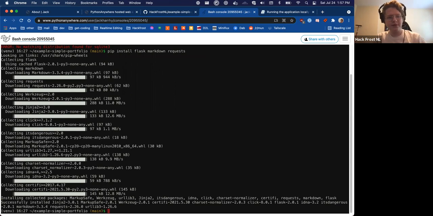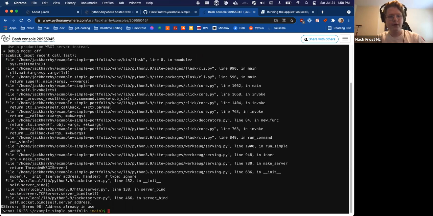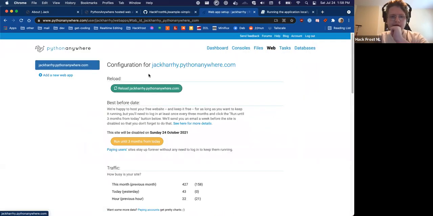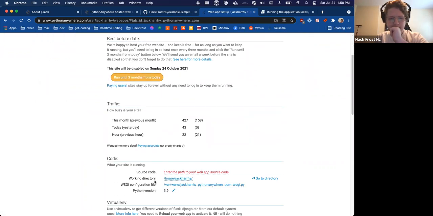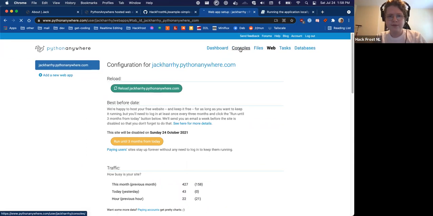And once this is done, we can do a quick status to see everything's still fine. Now we can do a quick flask run. And address is already in use. I wonder why. I think I know why. Just give me one second. I think when they want to do is change this. Yes. We need to change this from